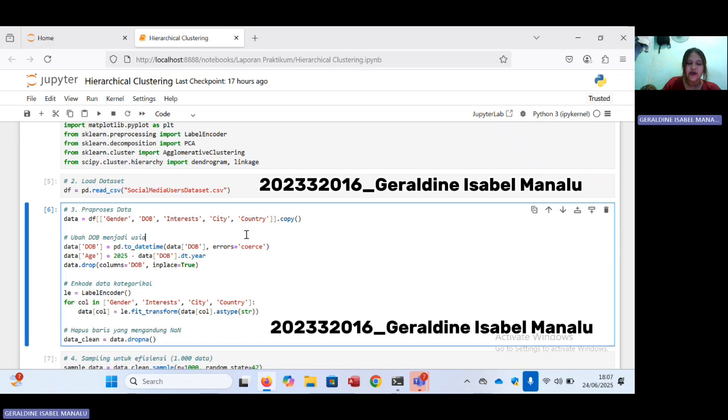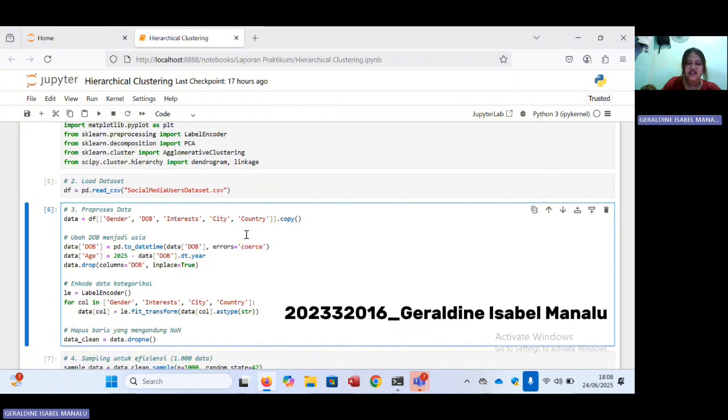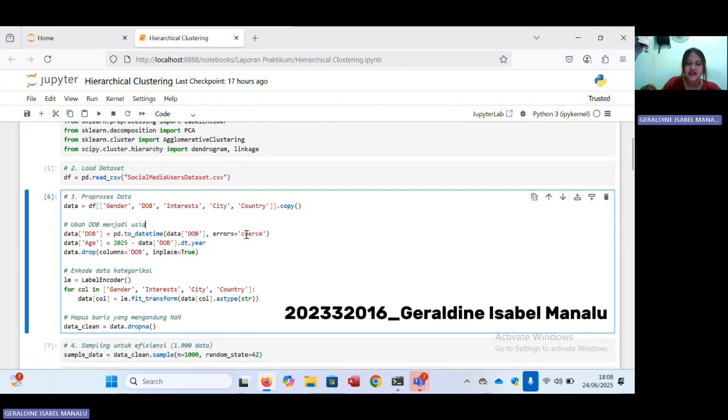Then the DOB or date of birth column is converted to a datetime type, and age is calculated based on the year 2025. Then the DOB column is removed because it's no longer needed.